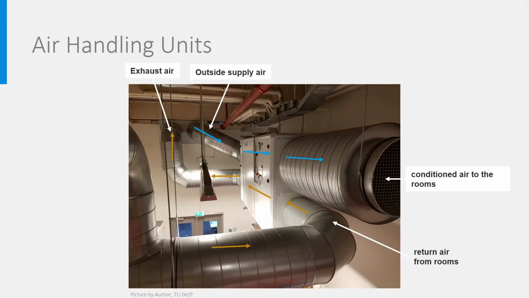In practice, it may look like this. You see here one of the air handling units in the building I am working in. The white box in the middle is the unit itself with some of the elements we just described hidden in the unit. You see on the foreground the pipe with return air from the rooms, which is polluted air, indicated by the brown arrows. In the unit it goes through a heat exchanger, and at the other side it flows to the outside of the building through the exhaust air pipe.